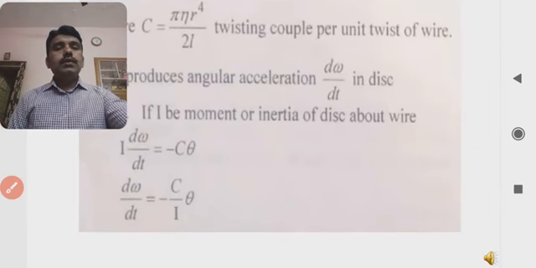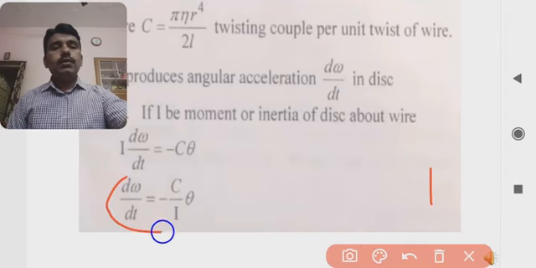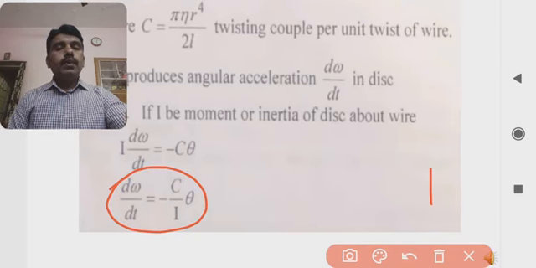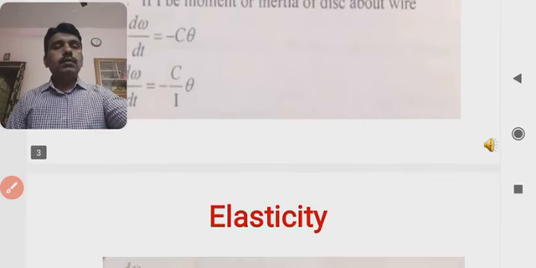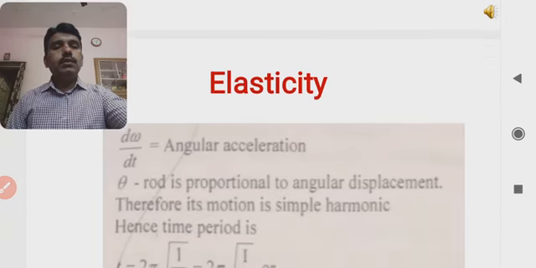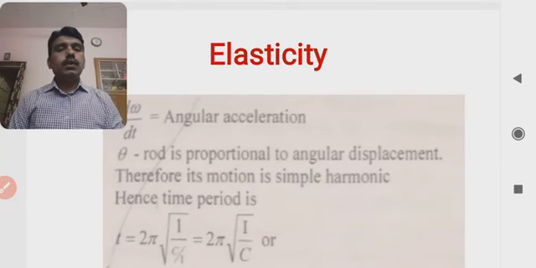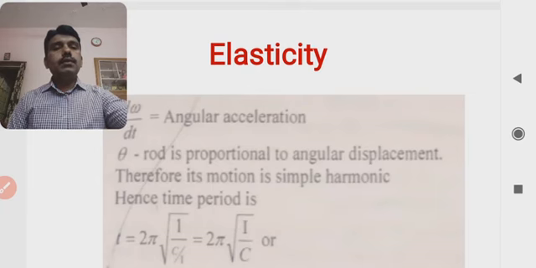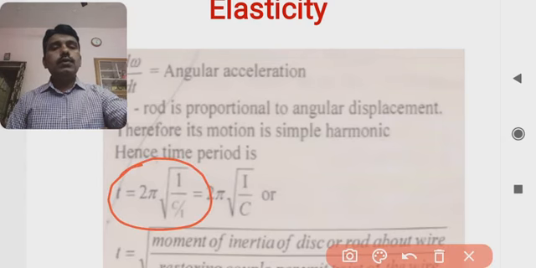In this case I can write d omega by dt is equal to minus c into theta by I. Here d omega by dt is the angular acceleration and theta is the angular displacement, and since simple harmonic motion is produced, the time period is given by the relationship